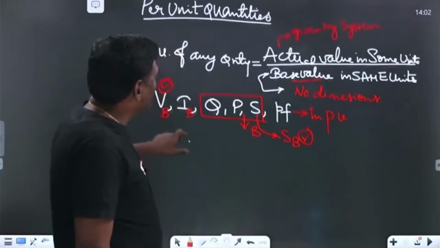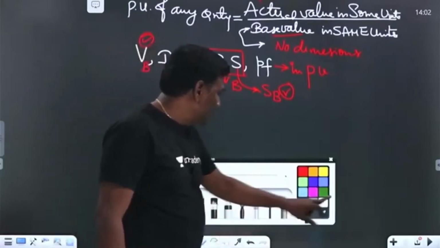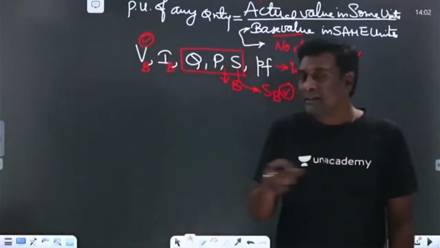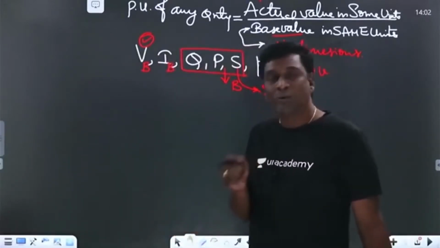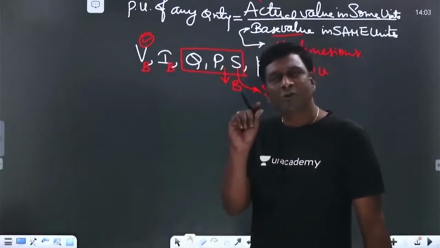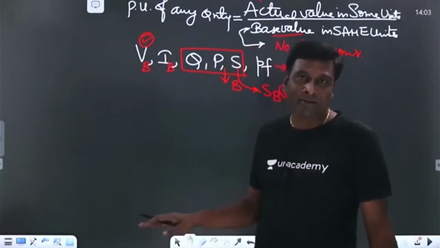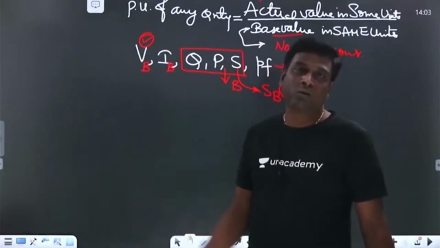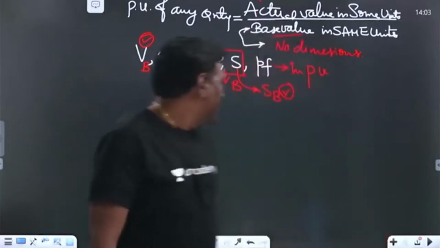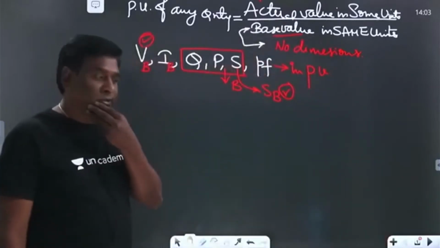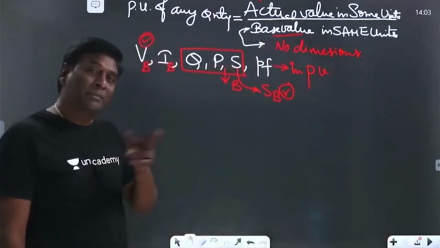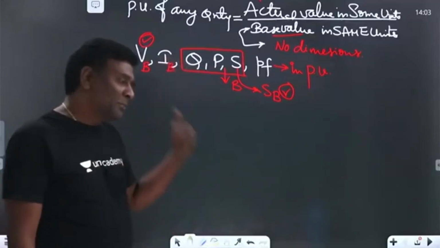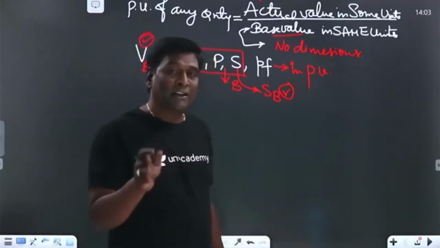Now, if you think of a transformer, how these bases should be taken. In per unit, third year and final year students will have a bit of small friction in understanding per unit quantities. But once you enter into power systems and are deeply habituated to using per unit quantities, automatically everything will be set. And one more thing is why no load currents of transformers will not be considered in power systems. It is because of per unit quantities only. That particular discussion I am not doing now because it is not related to the GATE examination.